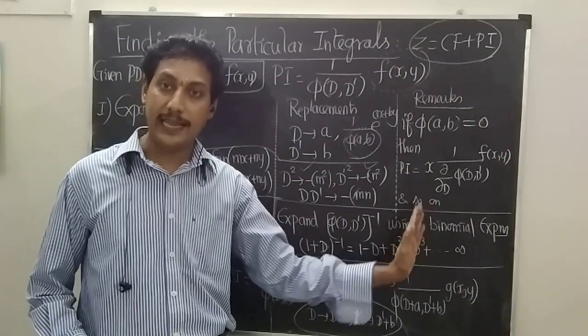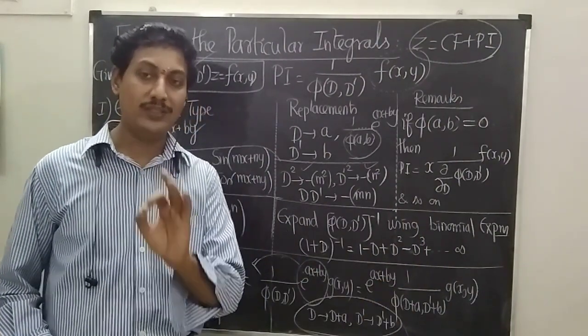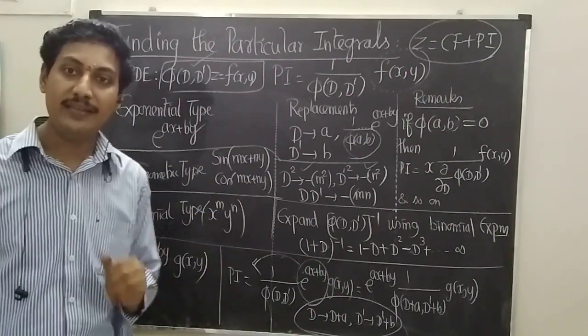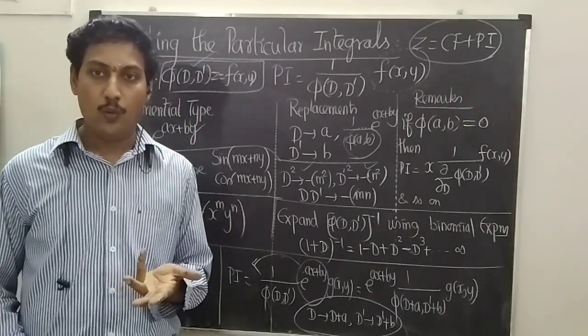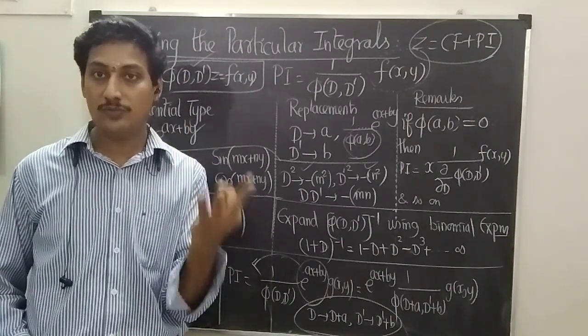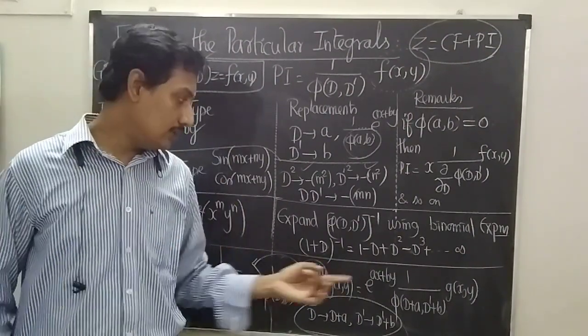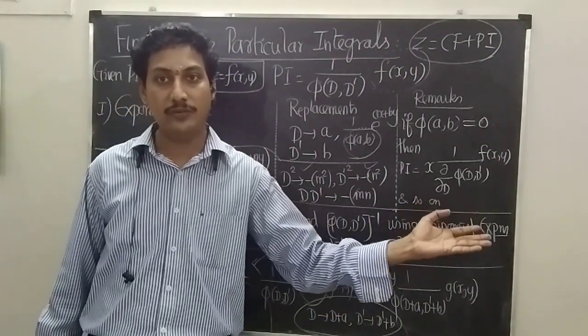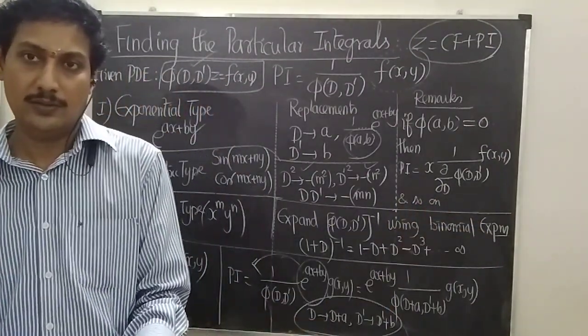This will come to an end only with the help of the given polynomial term. Suppose I am having x squared, for example. What is the first differentiation? 2x. Second time, 2. Third time becomes 0. So for this x squared, it is valid up to D squared. All other higher order partial derivatives become 0 automatically.